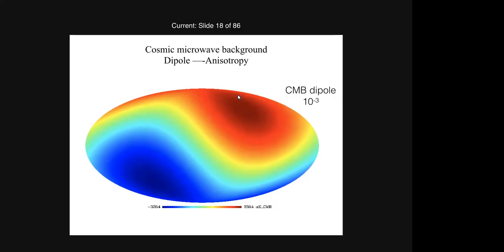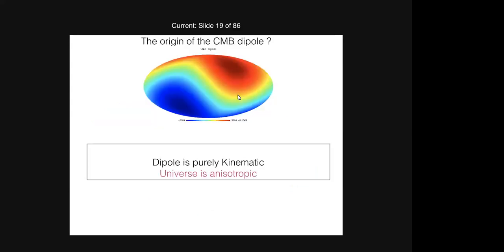We, as observers on the Sun, in the heliocentric frame, have a motion with respect to that CMB background, that primordial fluctuation, and that is what gives rise to this Doppler effect. This is basically a Doppler effect. When they found it, there were many other proposals, one by David, who's sitting here, that this could be of more fundamental origins. But mostly people believe that this is just kinematic. This is not fundamental. But is it true? So what is the origin of this CMB dipole? We think it's due to our kinematics, due to our motion, and it's the Doppler effect.